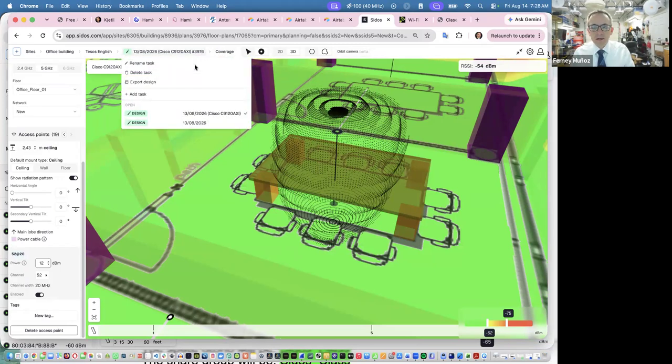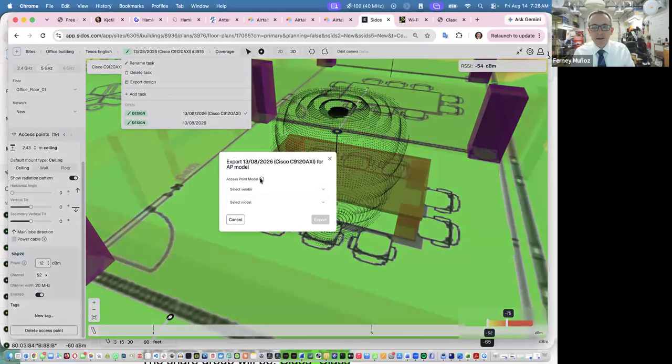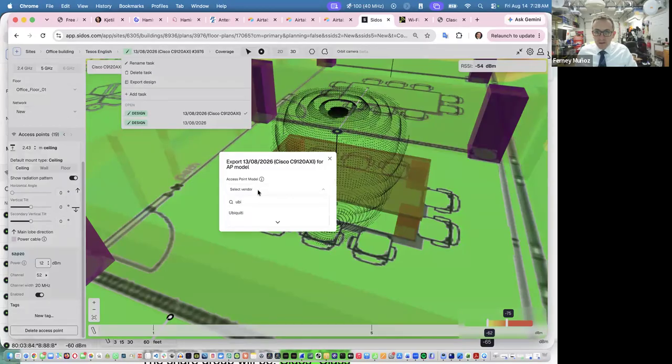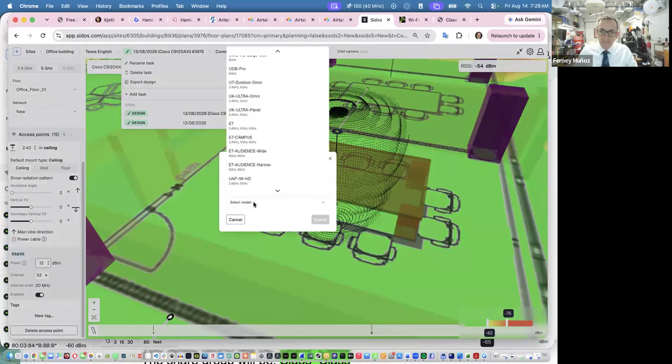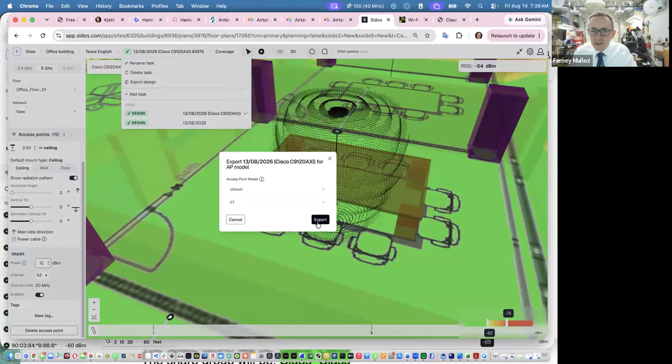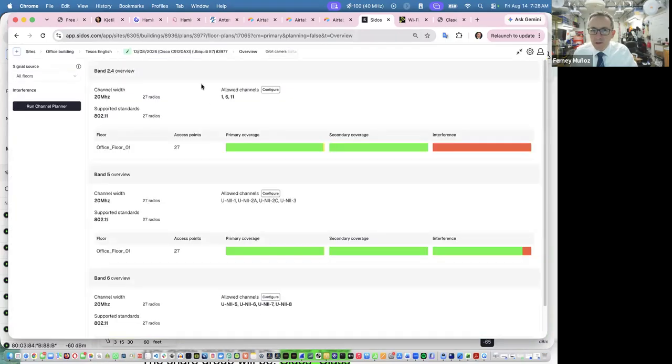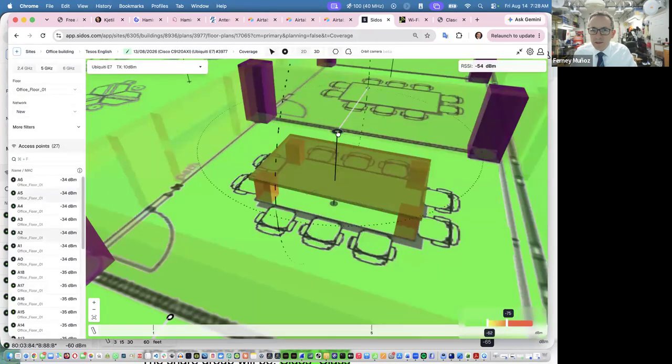If I come here then and export this design, and let's say now I want to do this with Ubiquiti. And let's say I want to use an E7 model, this guy, the E7. And export. 27 radios. Okay, let's try coverage. And if I select this AP,